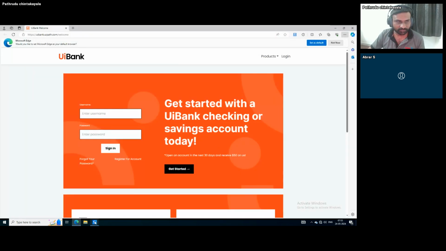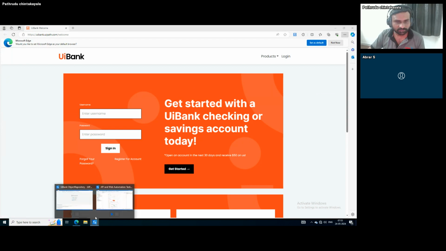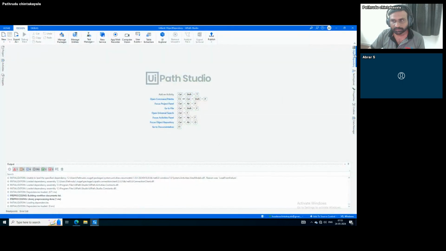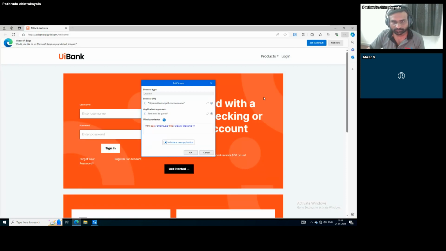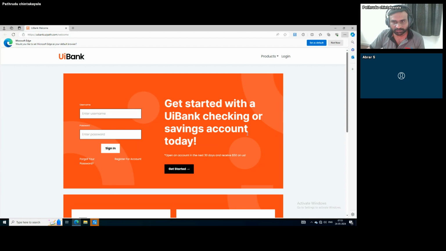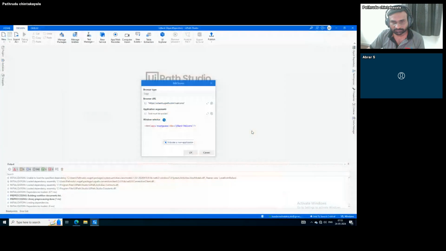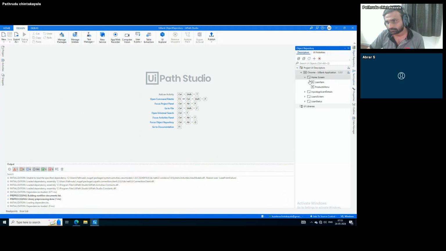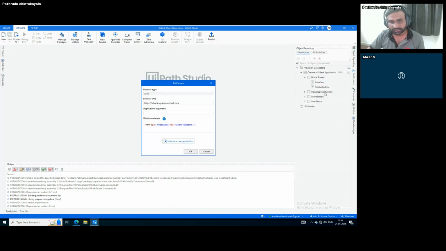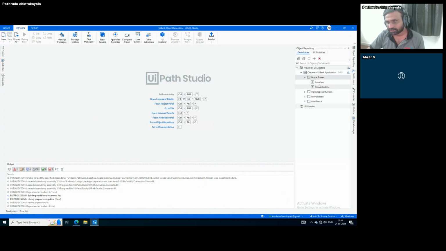to the edge. Okay, let me come to home page, and here is my object repository, and I'll right click and edit descriptor, integrate new application. I just click on this, click on OK. So now let me click on this. Let us see the descriptor. It is going to the edge. Let me click on edit, click